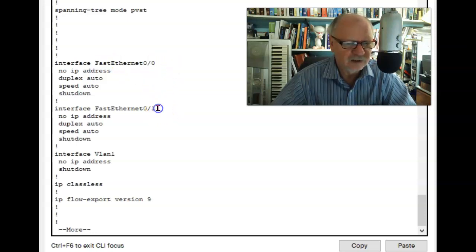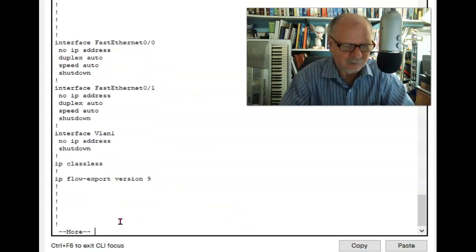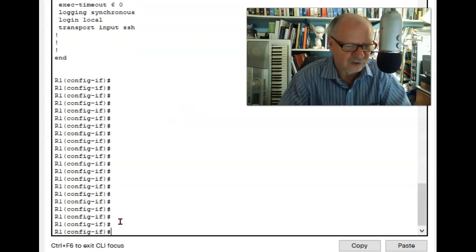In some cases with serial ports and so on, you might have 3 numbers, and you don't need to type the entire part of it. In other words, I can just put F. I don't need Fast Ethernet. I can just put the F. So these things are pretty forgiving in what they accept.